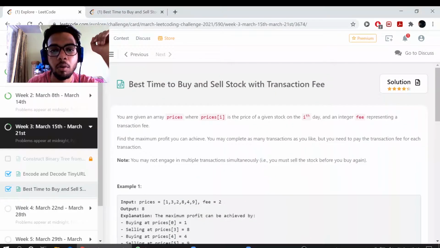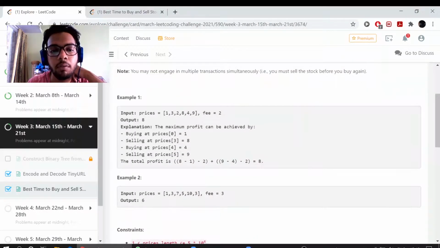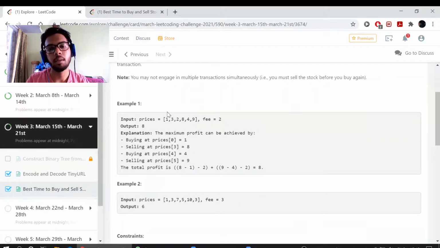So what happens in buy and sell stock is we are given an array of prices of a stock on a particular day. So this is zero, the first, second, third, fourth, fifth, sixth, and so on. What we need to do is we can either buy a stock or sell a stock on a particular day, and we need to maximize our profit. But there are a few points to remember here: you can't sell before buying, that is, short selling is not allowed, and you cannot have two stocks at a time.